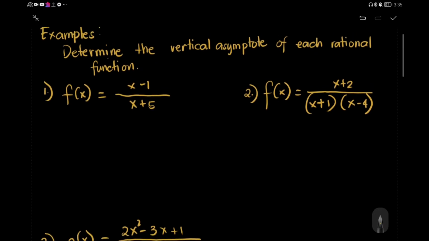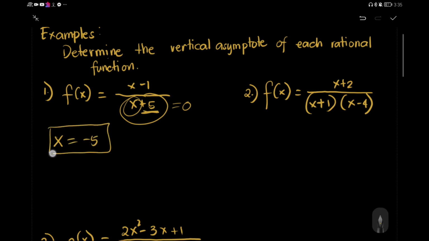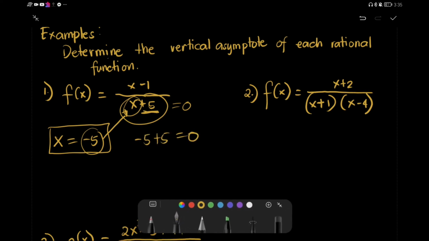We have here number 1. What we need to do is to look for the denominator. We look for values of x such that when we add 5, the answer is 0. So we can have x is equal to negative 5. This is our value of the vertical asymptote. If we substitute negative 5 there, that becomes negative 5 plus 5, and that is 0. So our vertical asymptote for number 1 is negative 5. Now let's proceed to